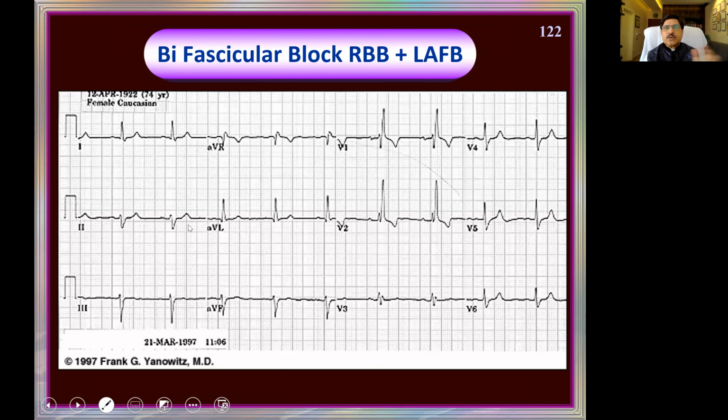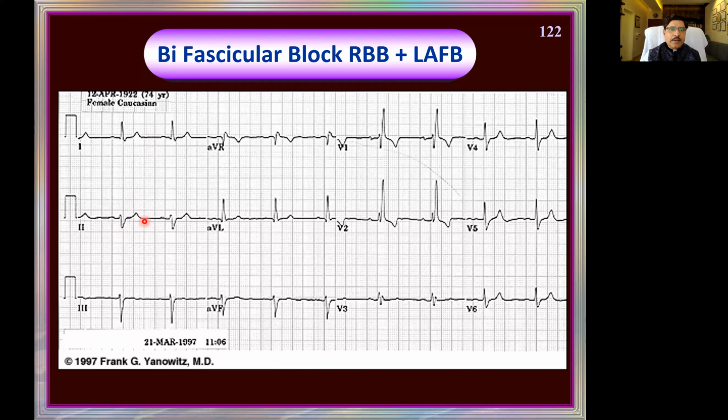Now, bifascicular block. Here, that means if both the LAFB and posterior are blocked, then it is complete left bundle branch block. We don't have to worry about it. It gives a picture of left bundle branch block. The anterior and posterior both are blocked. It is LBBB. But if there is a right bundle with a left anterior, which is a common combination, then